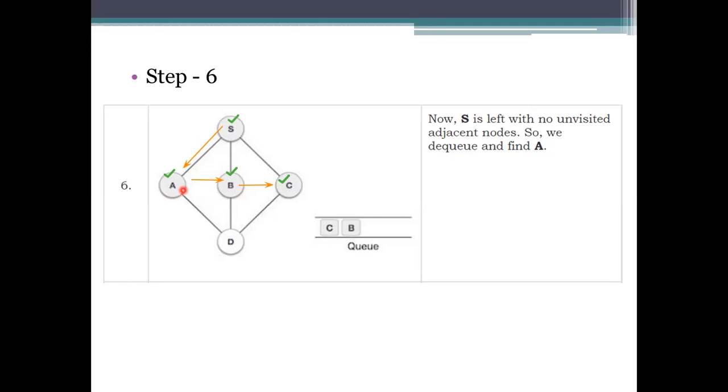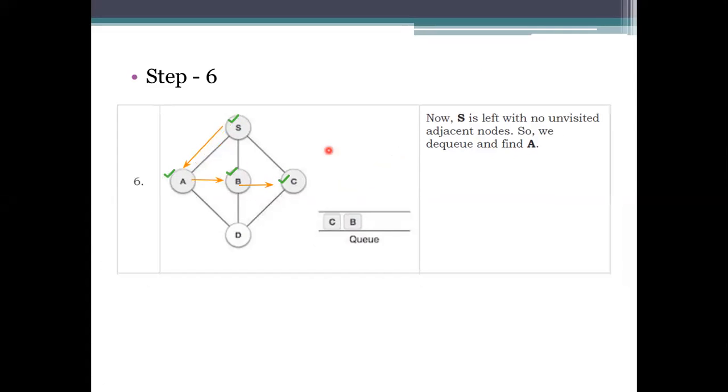We won't read it again and again, since it has been visited earlier. So we dequeue it, and check whether there is an element. Yes, it has an element, which is A.